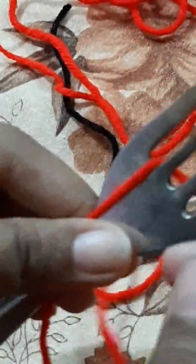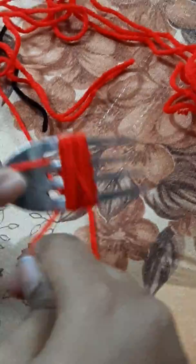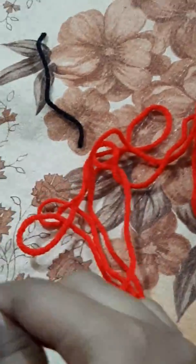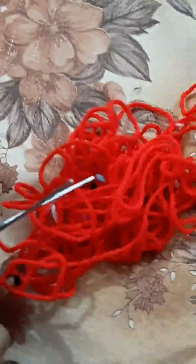And take this, it will be like this, and take this one and just make it round, round, round. If you want more thickness, we could make that much thickness. Now it's getting thicker and thicker. So we have done, it's now very thick, and we should cut the excess